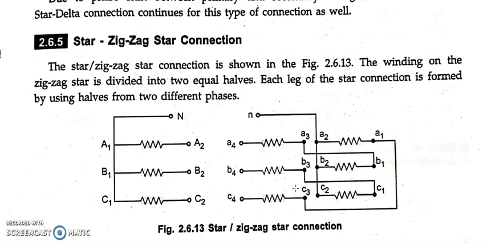So it provides the stable neutral. Neutral will not shift here, whereas it was shifting in your star-star connection. Here the neutral will be stable at nearly 0 volts, and perfect isolation between ground and components is also possible. So it is used wherever the system neutral is missing, for an ungrounded 3-phase system.